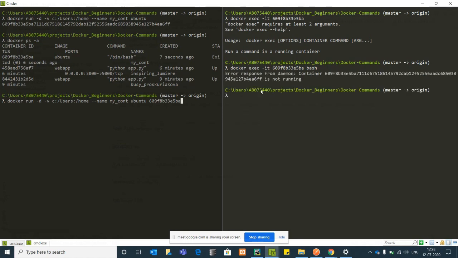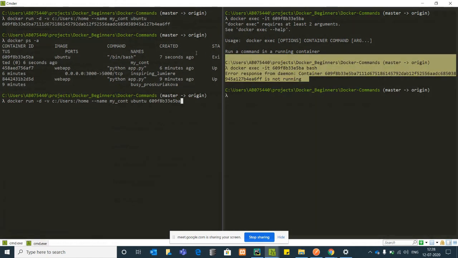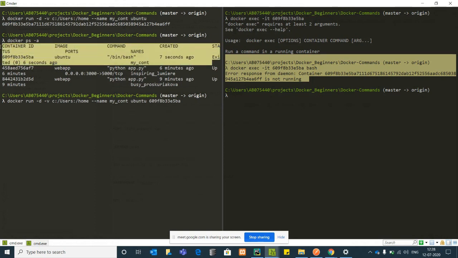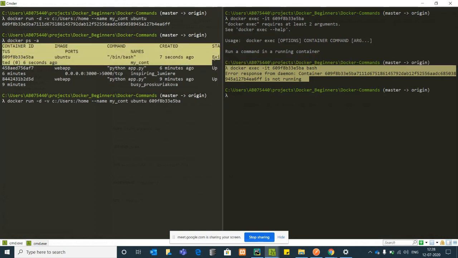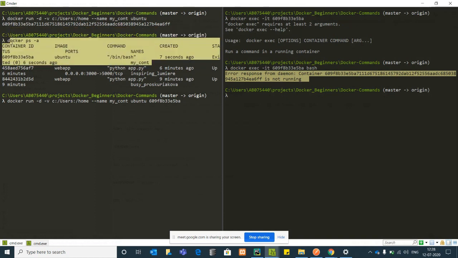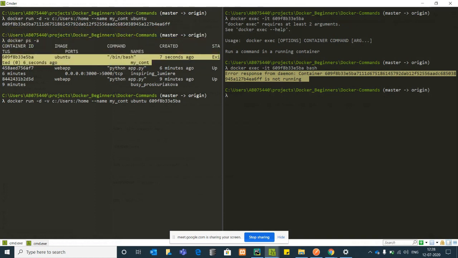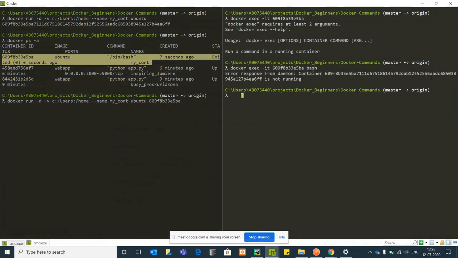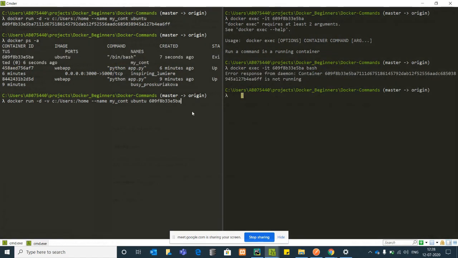So why this message? If you check the status, it is exited. You don't have any process running inside it, so the container is exited. When the container is exited or stopped, you cannot really go inside that container and do any alterations. First of all, you need to have that container running.